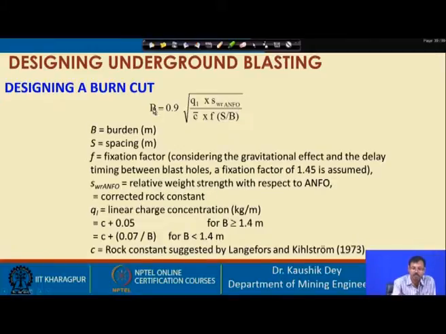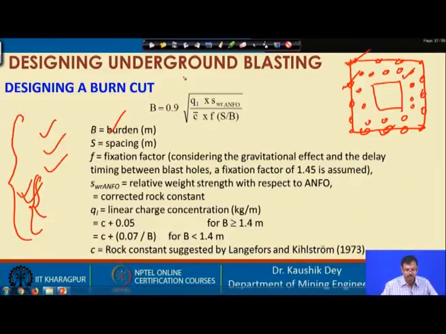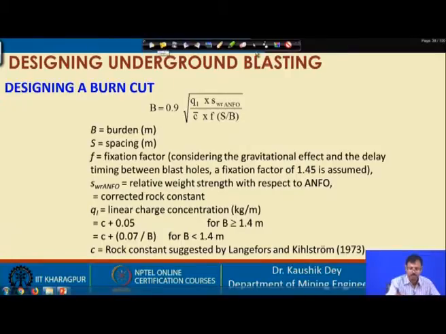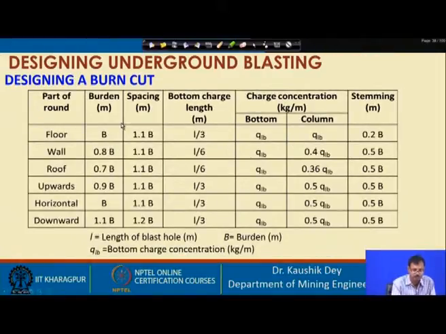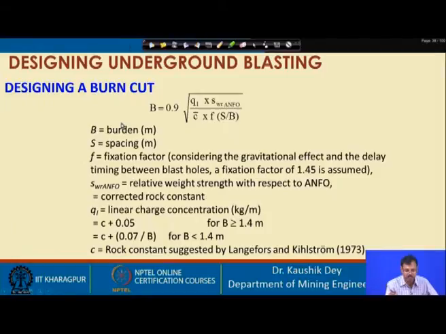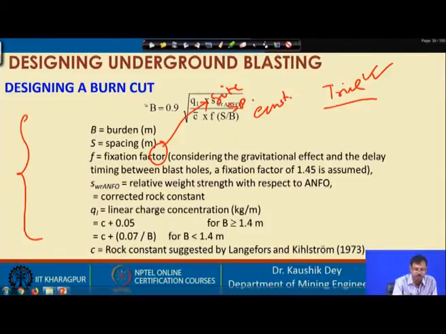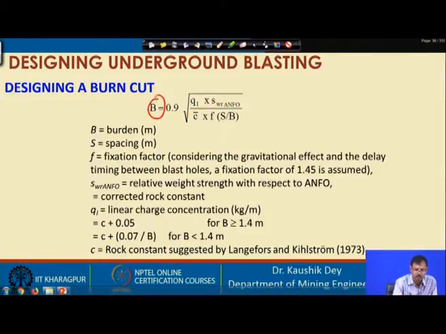The first burden, how you can achieve it, this formula is given, that B you can see in the previous slide. The value of this B, how we can achieve it, is given by this formula, and this is the Lange-Forss-Kihlstrom formula.